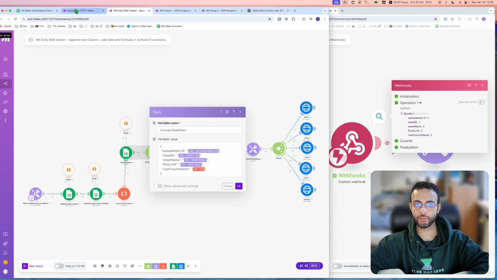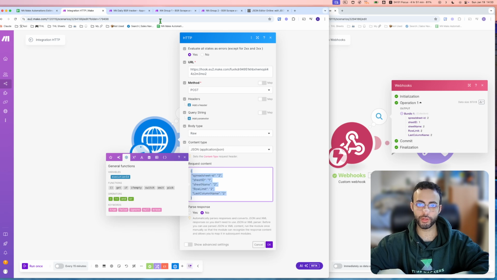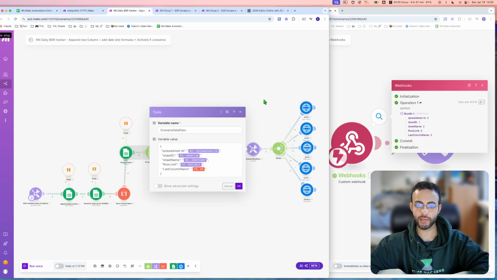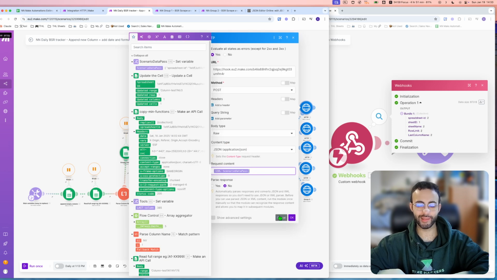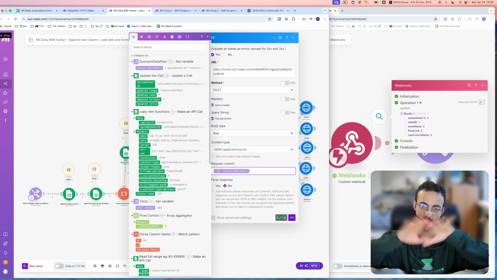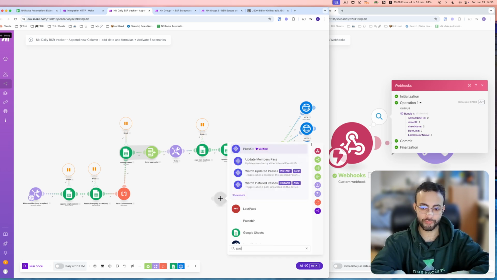The thing is, you cannot use JSON parser. So let's say instead of you putting it into every HTTP like this, right? Because let's say I have 5, I don't want to go in and put it manually, and then it becomes kind of the same scenario where I have to go in and put it and split up my scenario. I don't want to do that. So I was thinking you can use parse JSON,